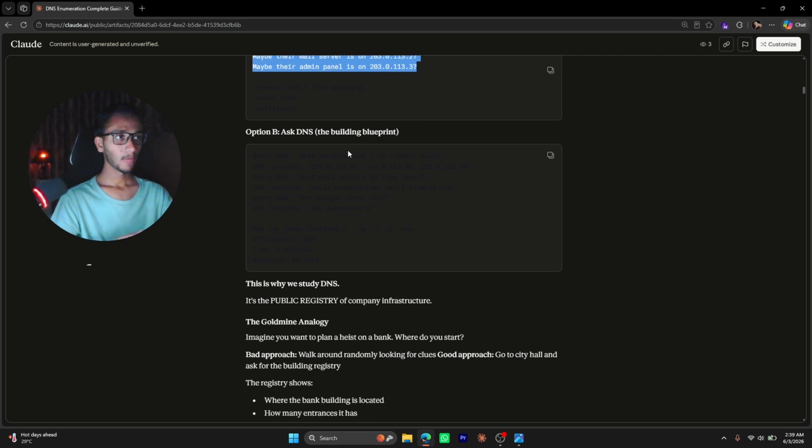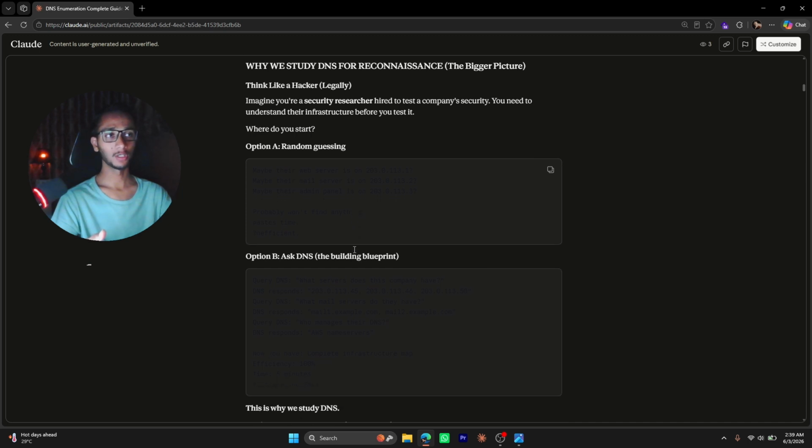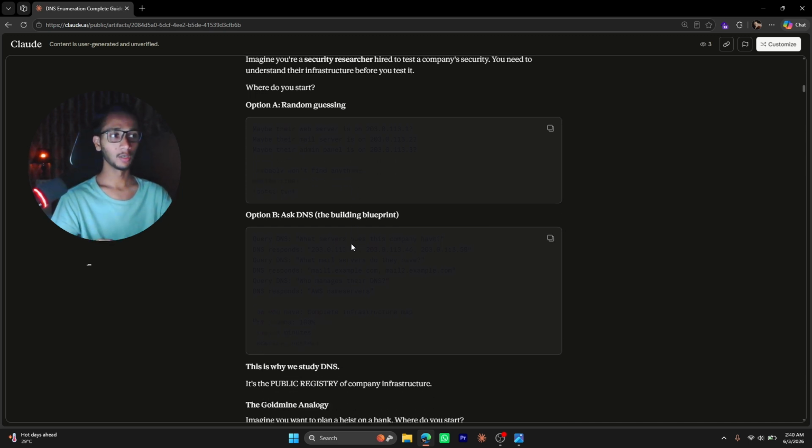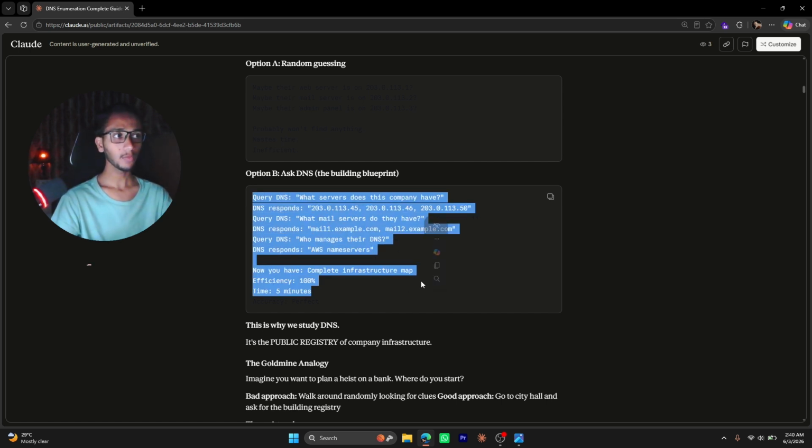Okay, if you try to guess their infrastructure, it will be so difficult. The best option we have is to ask the domain name system, the DNS, because the DNS record of that company's domain is already public. So it's easier to ask the DNS directly, and it will tell us, for example, what servers the company has.